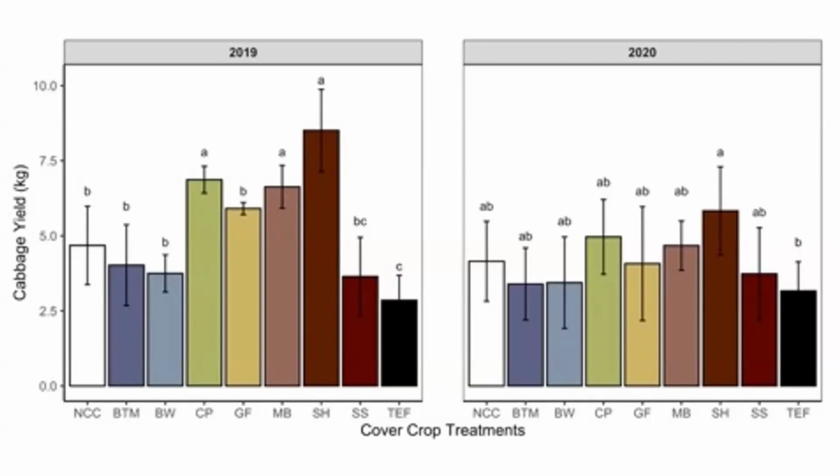So we had 20 heads of cabbage in each treatment plot, then replicated 4 times. So this is the total yield in kilograms for each of those 20 cabbages for the different treatments. And you can see in the first year in 2019, there was quite a difference between